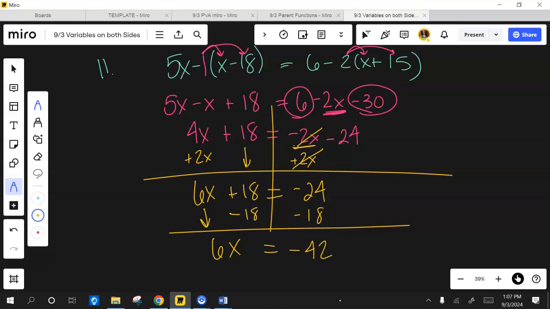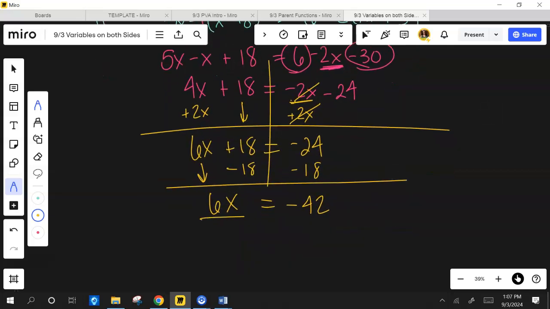Negative 42. If I multiply, yes, it would become a positive, but I'm subtracting. All right. Now what? Divide by 6. That's exactly right. What do you get? Negative 7. Okay. Let me tell